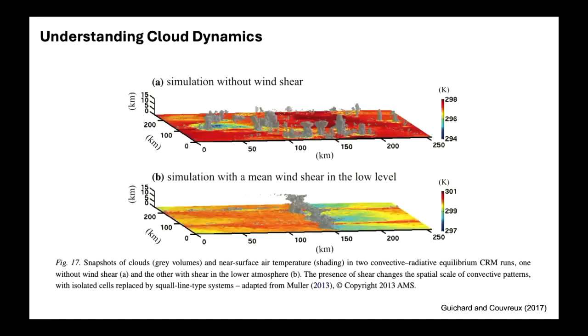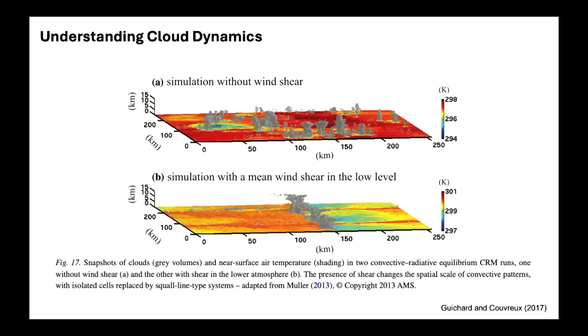All right, so one common application is to use this model to study cloud dynamics. Here I'm showing an example taken from a paper where they use the cloud resolving simulation to examine the role of vertical wind shear in the mesoscale organization of a convective squall line system. The researchers look at the wind shear, which is basically the change of wind speed and direction with height. They ran two experiments. The one on the top is an experiment without wind shear, and the second one is with the wind shear in the lower troposphere.